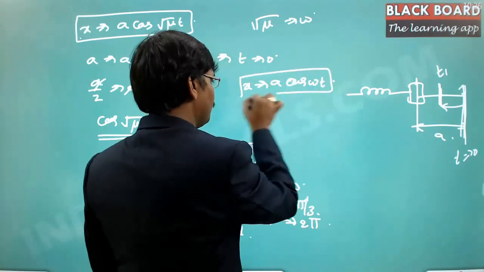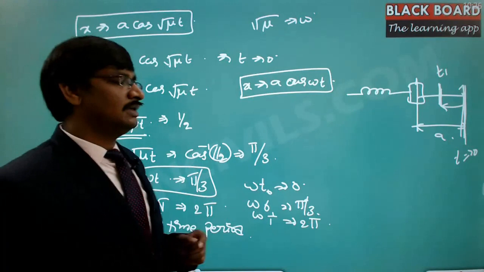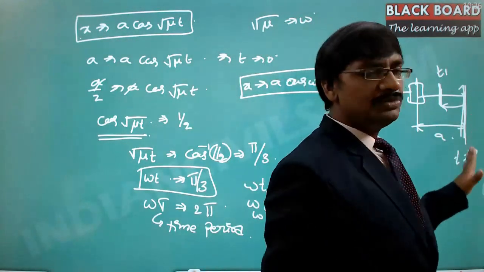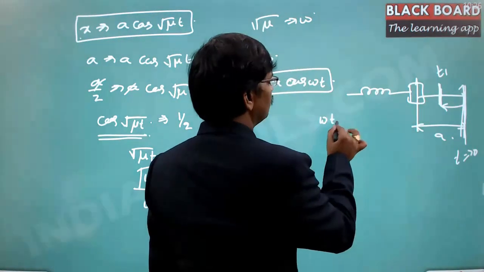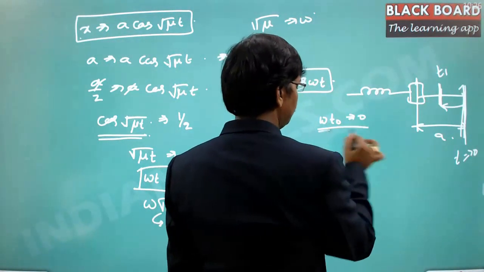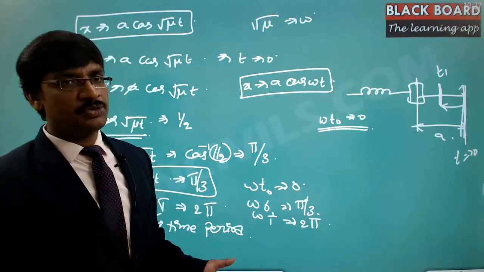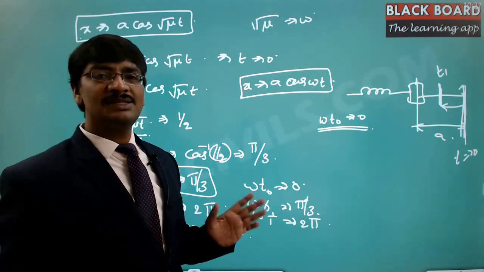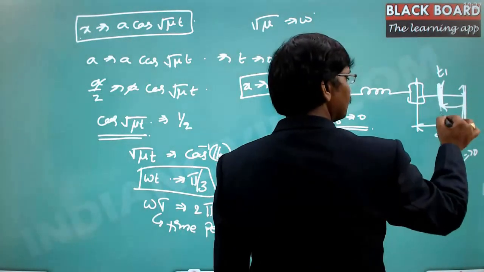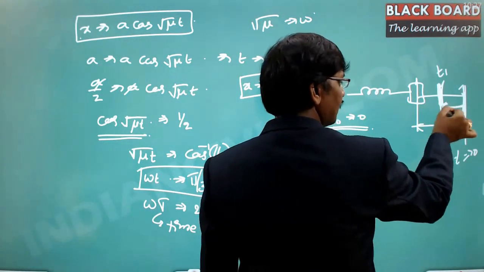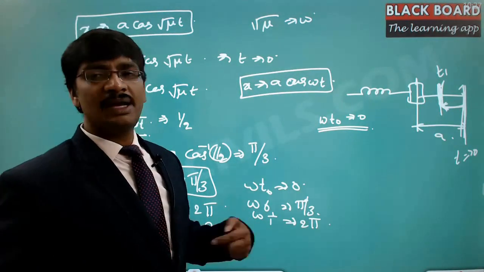Now in this simple harmonic motion, we have got three different points. One point is the initial position, which is the time zero position. So here the omega t naught value is going to be 0, because t naught is 0. That is the starting position. The second position we need to consider is the displacement where x is equal to a by 2. When it is coming from the extreme position to this x equal to a by 2 location, let the time be t1.